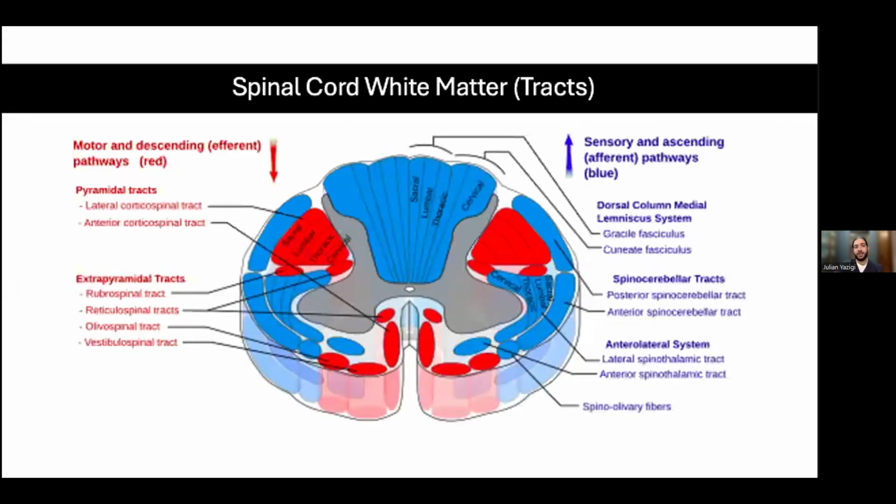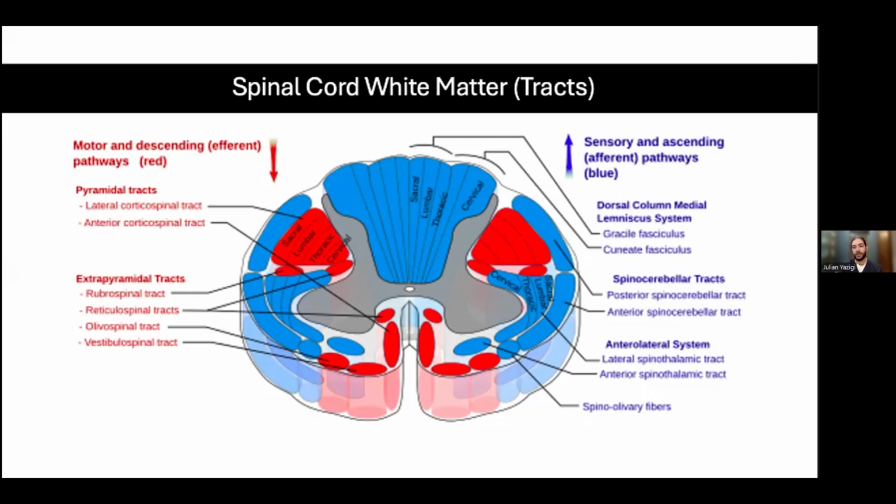In terms of the spinal cord white matter, the long tracts of the spinal cord form the major communication highways between the peripheral nervous system and the brain. They're organized into ascending tracts, which carry sensory information towards higher centers, and descending tracts. Ascending pathways convey sensory information from receptors in the skin, muscles, joints, and viscera to the brainstem, thalamus, and ultimately